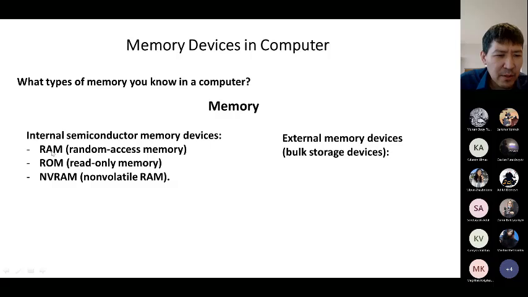When you switch off the power of the integrated circuit of the RAM, you will just lose your information. In the ROM, information exists permanently, right? In the RAM it is temporary, only during the working. NVRAM actually can save